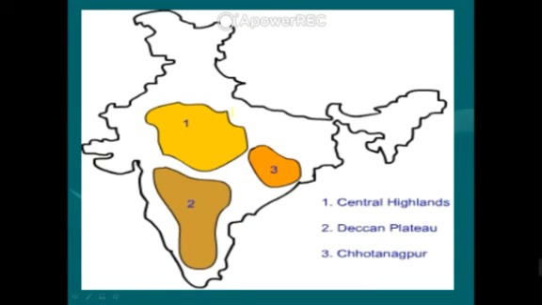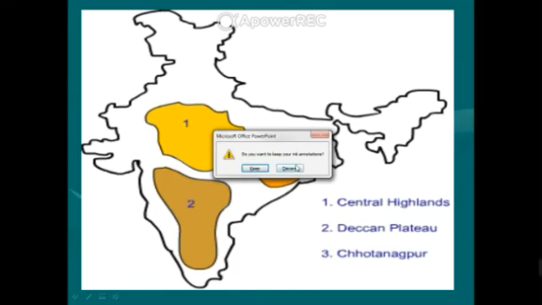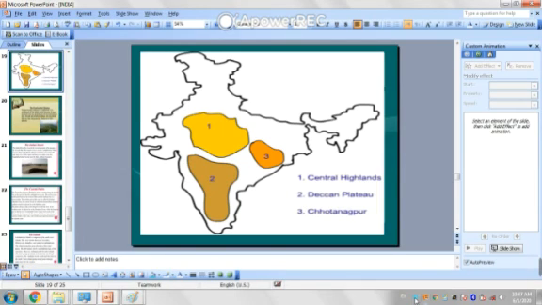The first part is called the Central Highlands, the second part is called the Deccan Plateau, and the third part is called Chota Nagpur ka Pathar. All the important peaks and plateaus are found in this region, and important mountains are also found. First is the Vindhyachal mountain. Satpura mountains are also found, and Western Ghat, Eastern Ghat, Nilgiri mountains, and Chota Nagpur Pathar. Okay, and the Bailadila plateau is found in this region. Bailadila is important for Chhattisgarh because iron is found here that is supplied to Japan.